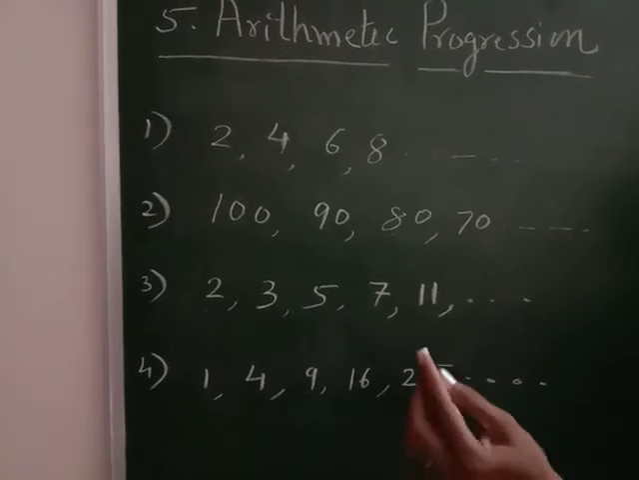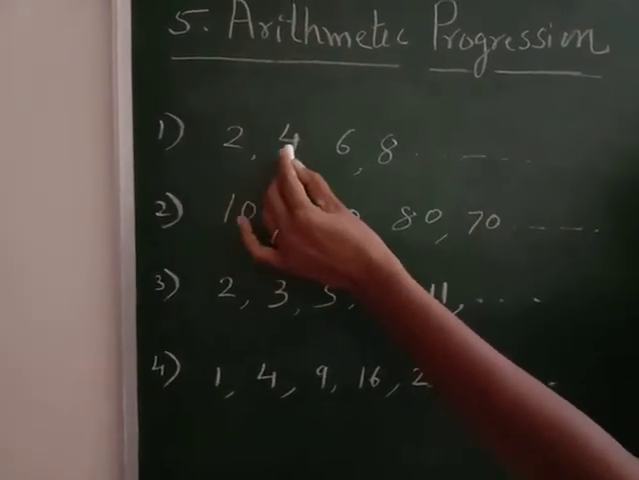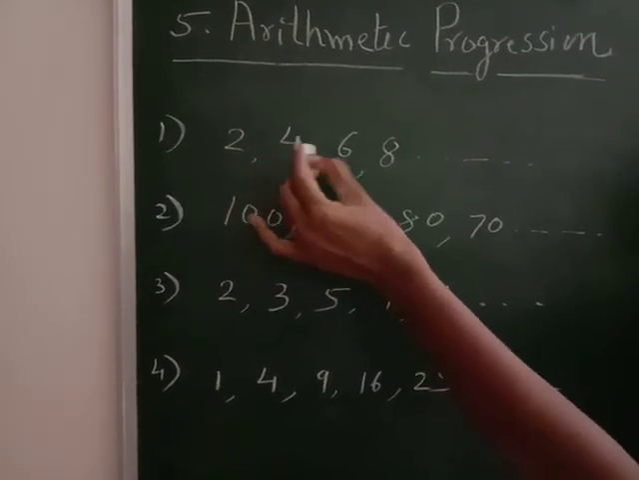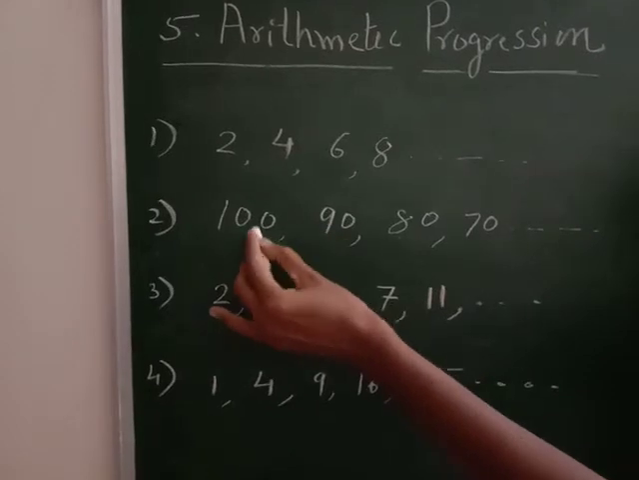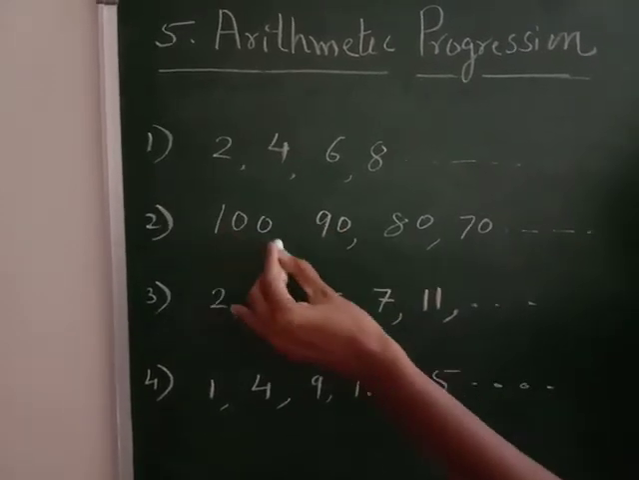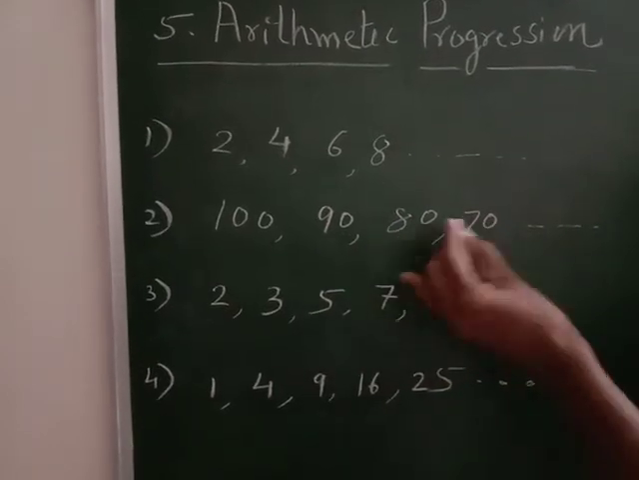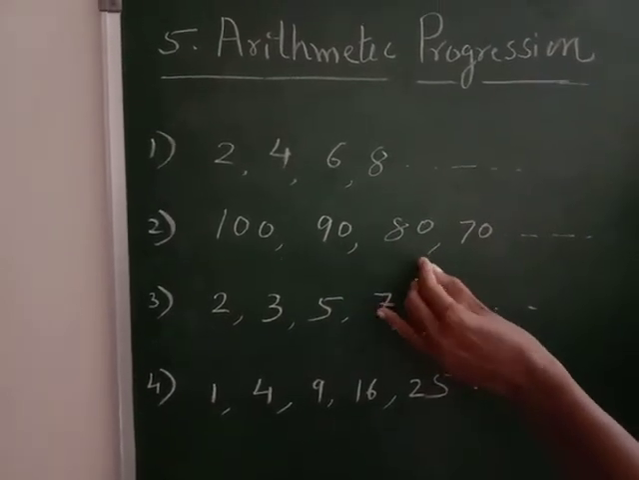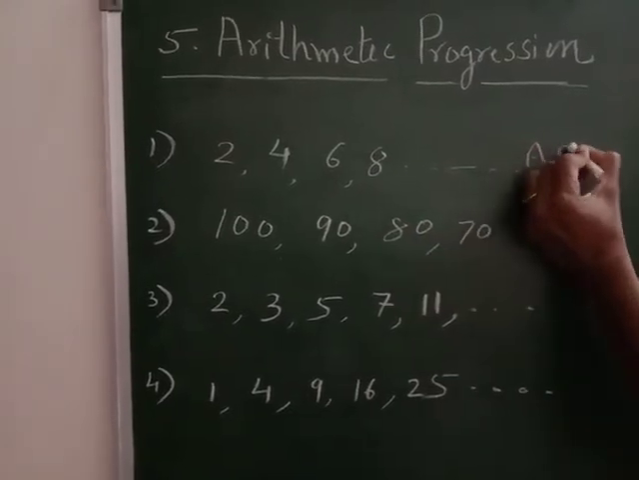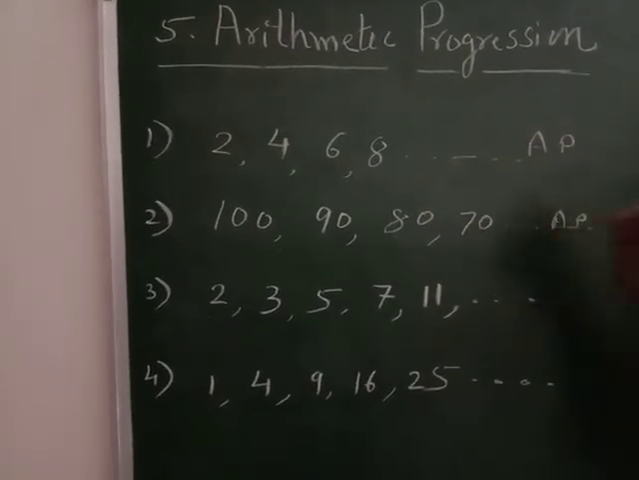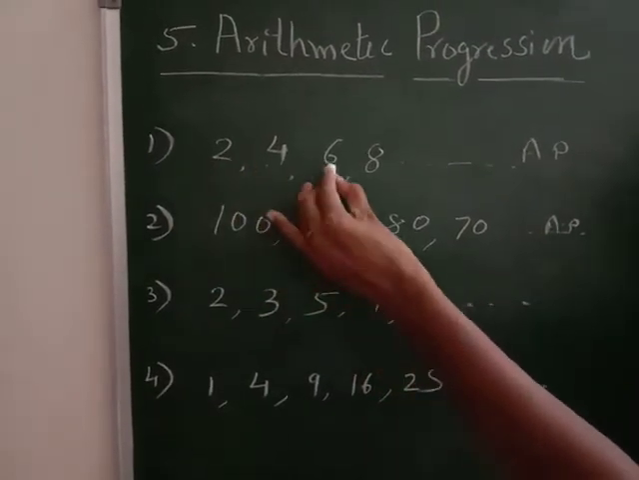So first of all, let us understand what is arithmetic progression. You see here, the difference is 2 and it is a fixed number. Here also the difference is minus 10, because 90 minus 100 is minus 10, 80 minus 90 is minus 10, 70 minus 80 is also minus 10. So these two are arithmetic progression because if I subtract,